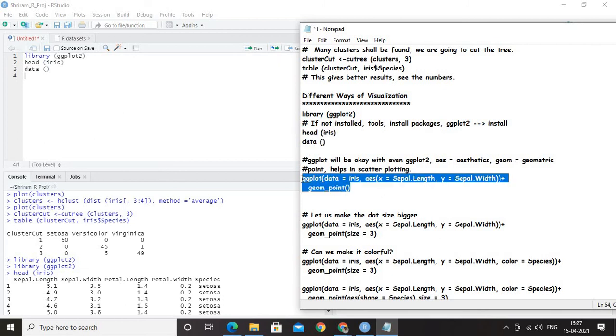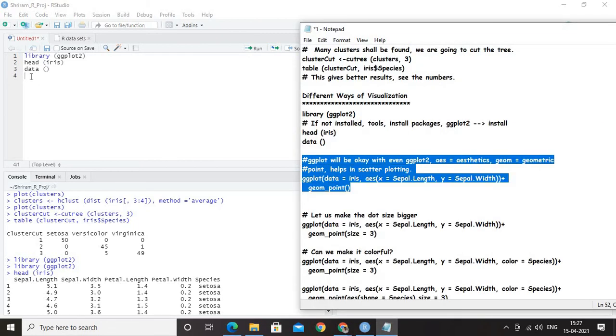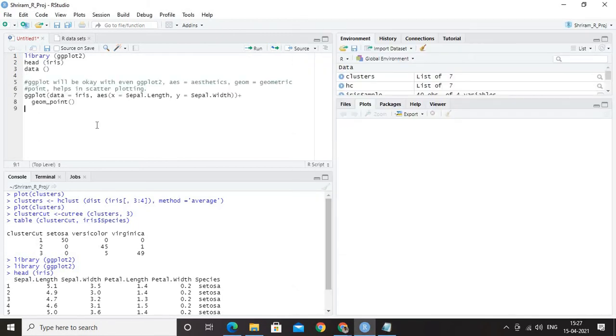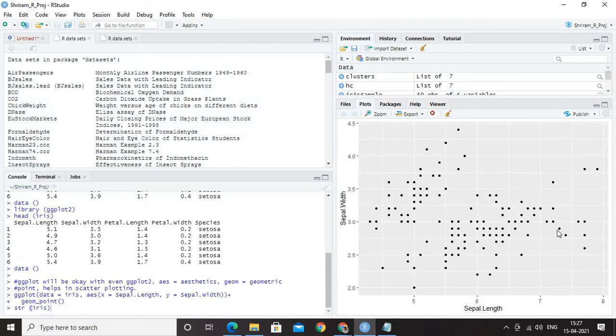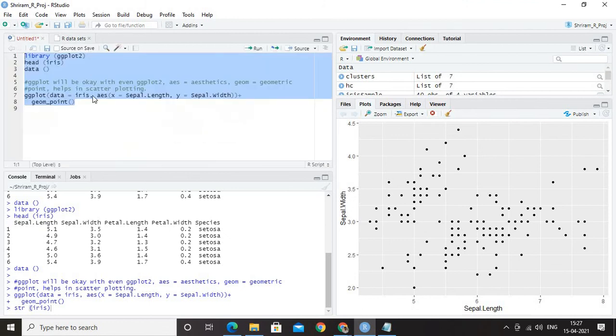Now the next level is very simple, where we are going to get scatter plotting as part of this entire learning. I am going to go with ggplot plus scatter plotting. How do you do that? Very simple. We can do that with ggplot, data equal to iris. aes is nothing but aesthetics, x is sepal length, y is sepal width, plus geom_point. So what am I going to do? Very simple. Let's run and see. We get the scatter plot very clearly displayed here, and this is very easy for anybody to visualize. This gives you a clear visualization as to where the data points are available.